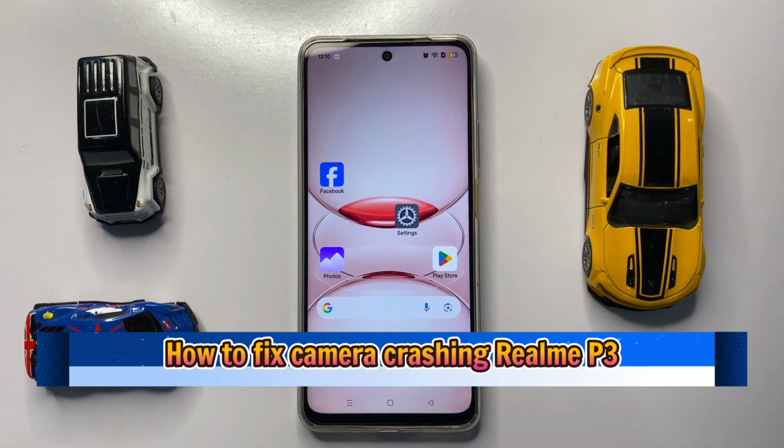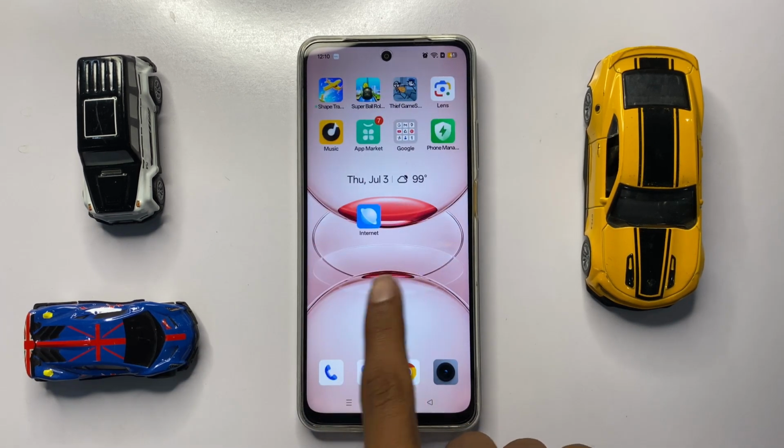How to fix camera crashing in Realme P3. So let's start the video. First of all,